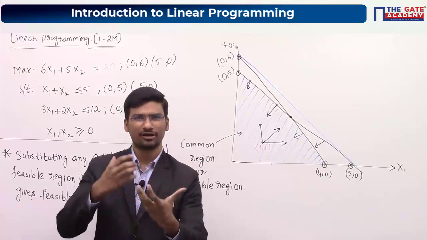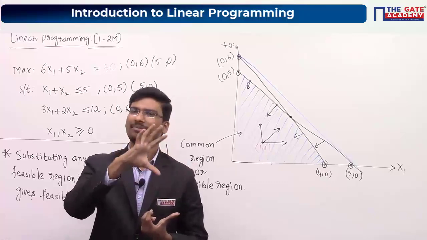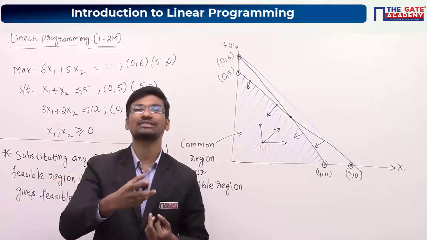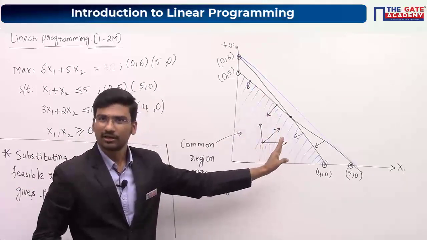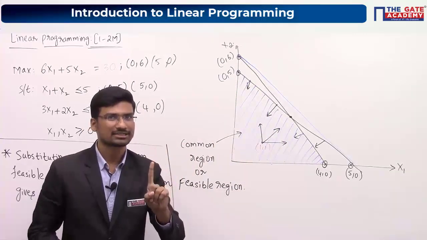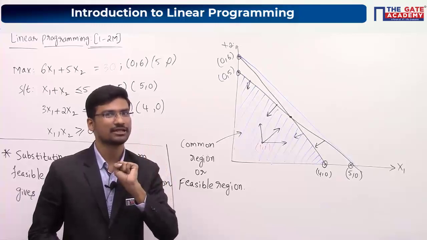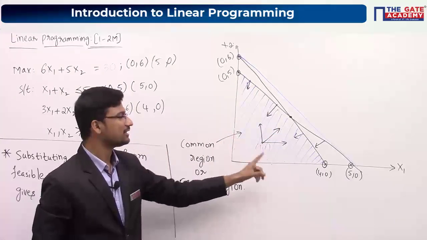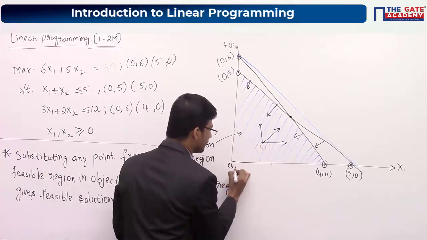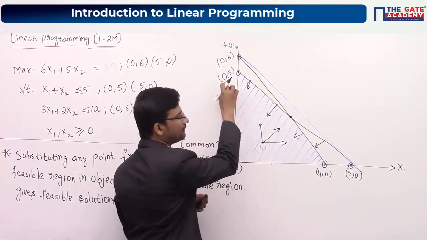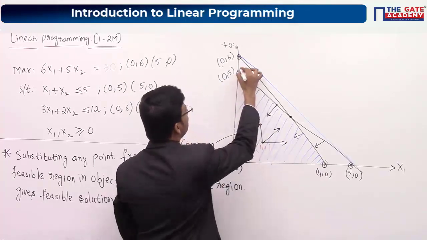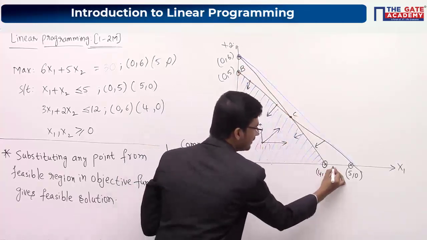Now one more point, if you want, I will add. It may be a maximization problem or it may be a minimization problem. So how to solve a given problem using the graphical method? Plot the constraints. Second, identify the feasible region. After identifying the feasible region, find out the corner points. This corner point is 0, 0, this one is 0, 5 and this is 4, 0. Let us name them A, B, C and D.